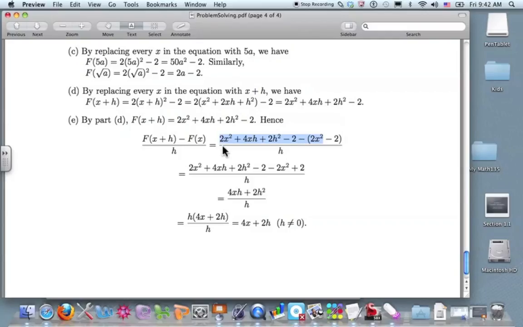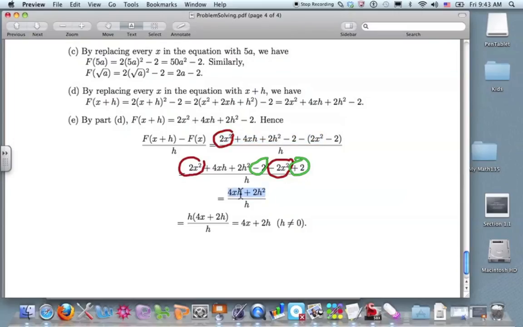And again, we see that we get to cancel these terms. 2x squared and minus 2x squared. And then we have negative 2 and plus 2. So what do we have left? Only two terms, and that is 4xh